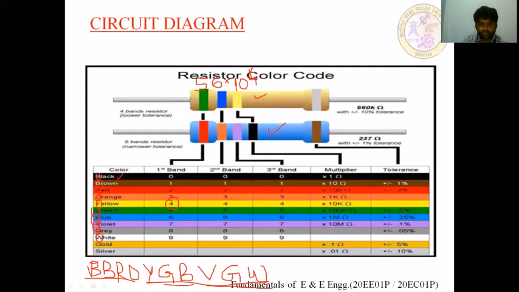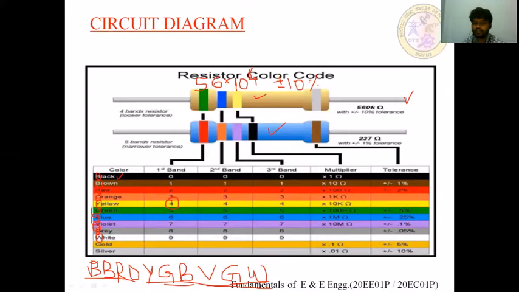Next, the fourth band is silver. Silver means here gold and silver. These two bands will represent the tolerance of the resistance. So silver tolerance is plus or minus 10%, so we have to write plus or minus 10%. The value of resistance is 560 kilo ohm plus or minus 10% of tolerance of this